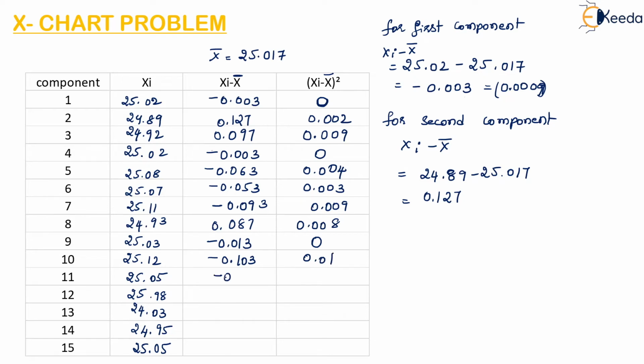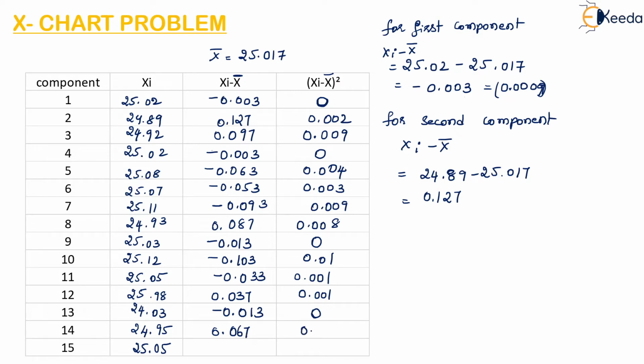Then again minus 0.033, 0.001. Then we have 0.037, that is again 0.001, minus 0.013. So again 3 zero values after the point. So we will write it as 0,